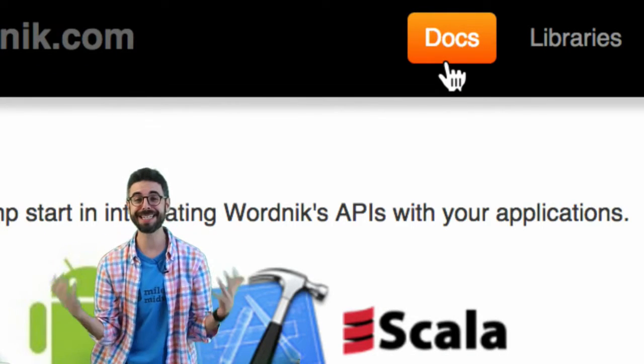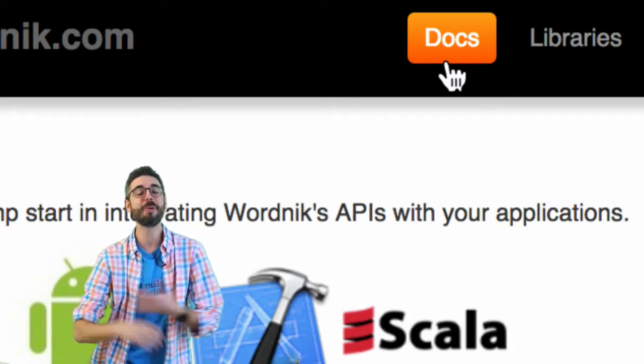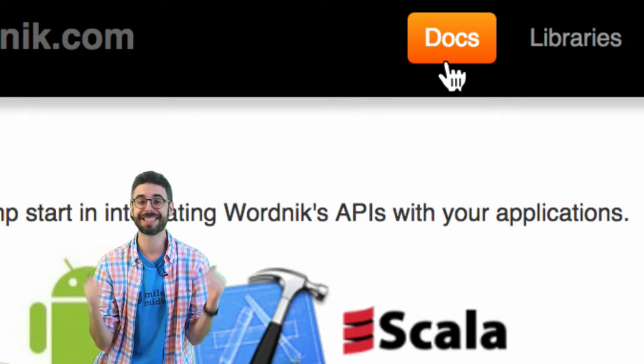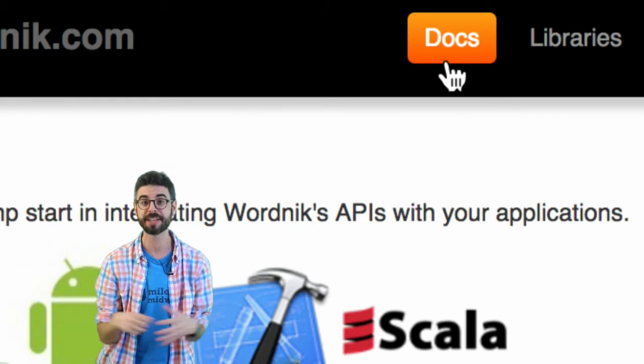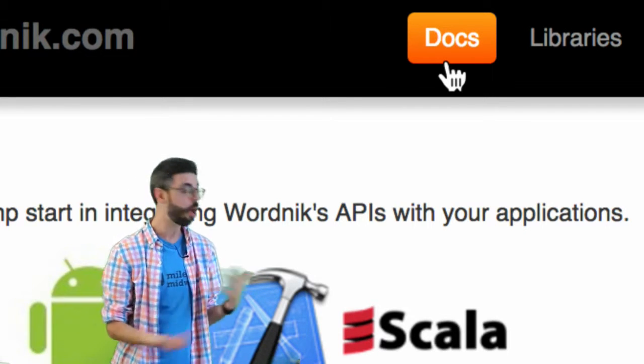So how easy it is to use an API is only as good as the documentation and examples are. And I think Wordnik is a nice example of an API that has good documentation. And so I'm going to walk you through how you can,